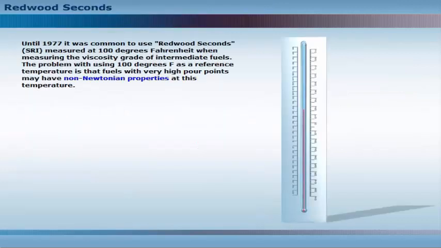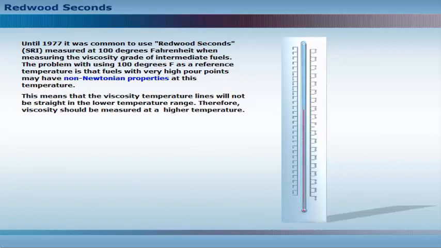Until 1977, it was common to use redwood seconds, measured at 100 degrees Fahrenheit, when measuring the viscosity grade of intermediate fuels. The problem with using 100 degrees Fahrenheit as a reference temperature is that fuels with very high pour points may have non-Newtonian properties at this temperature. This means that the viscosity temperature lines will not be straight in the lower temperature range. Therefore, viscosity should be measured at a